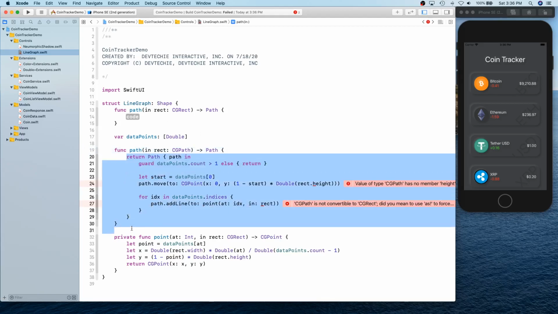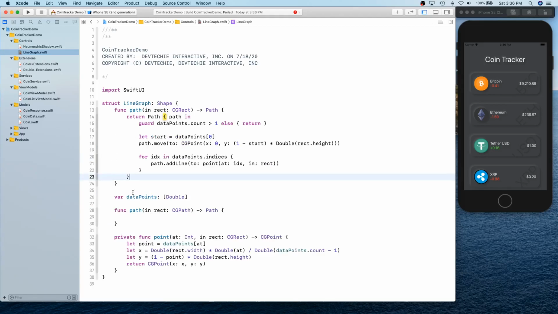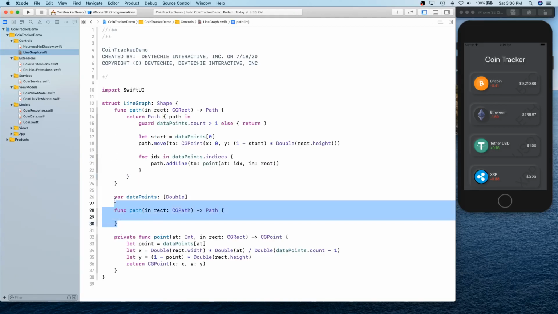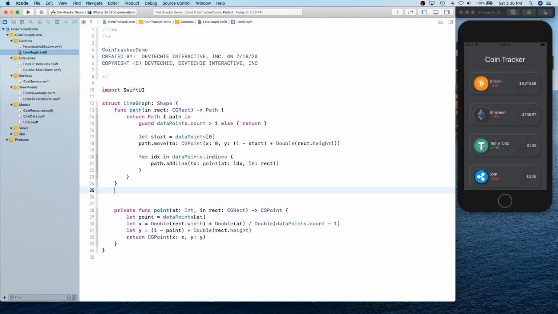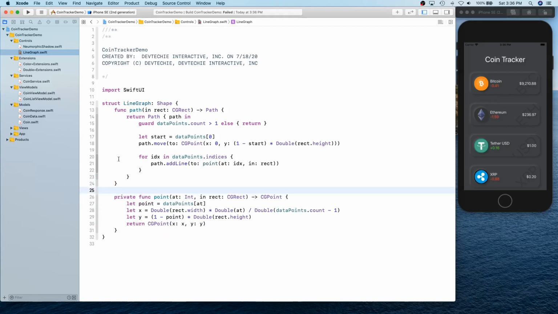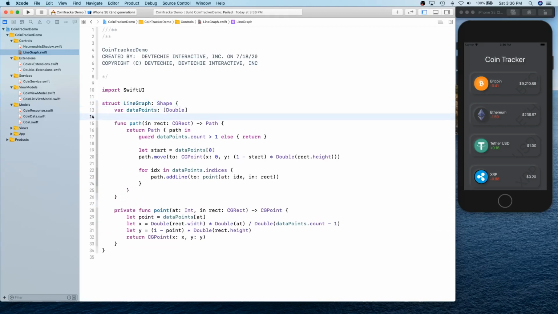All right, so let me go ahead and move this here. All right, let's try this. Okay, must be some spelling mistake. Okay, anyways,